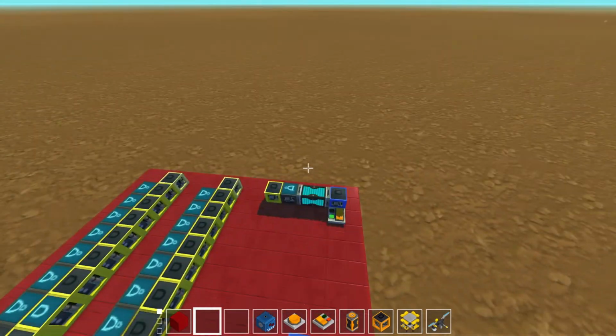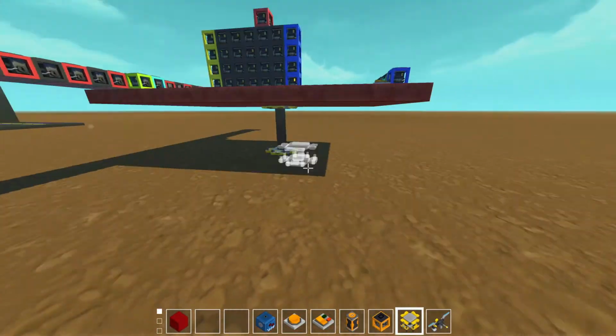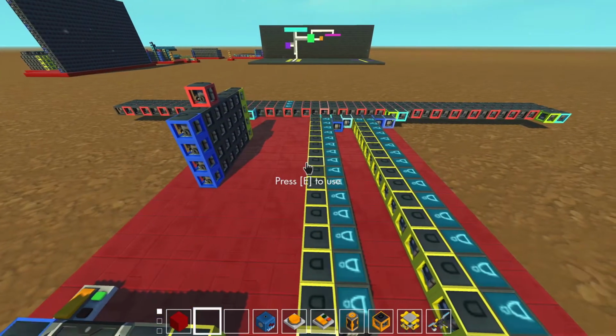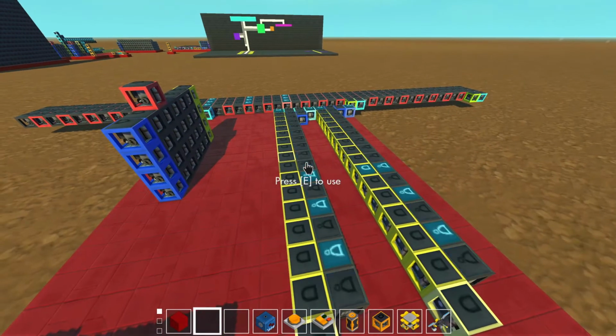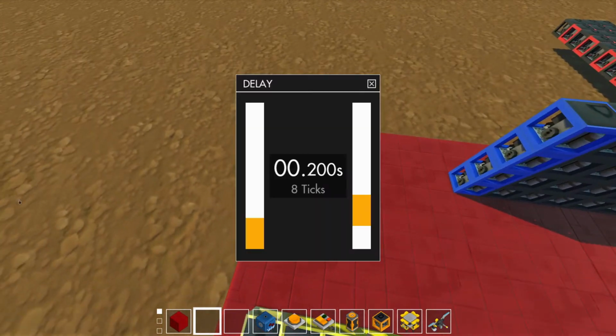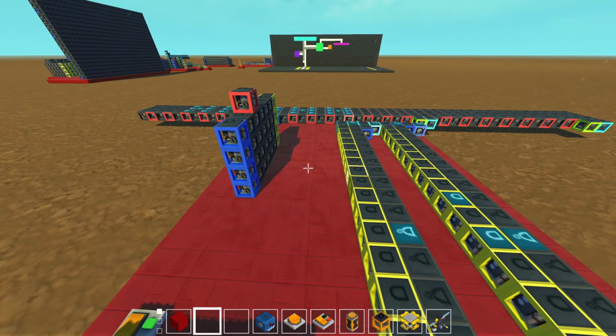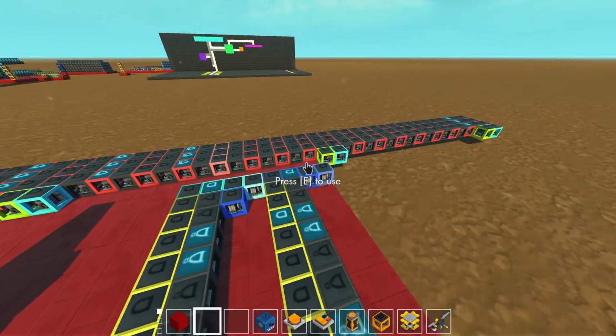I think 8 units is an appropriate speed now for testing quickly. I think it could be even faster. 4 units. Oh, look at the speed.